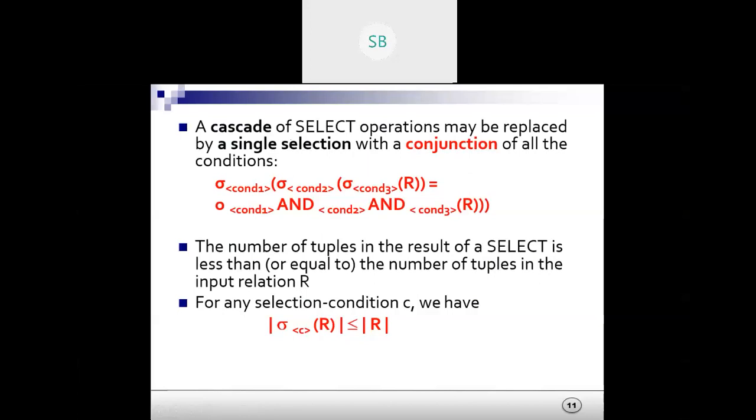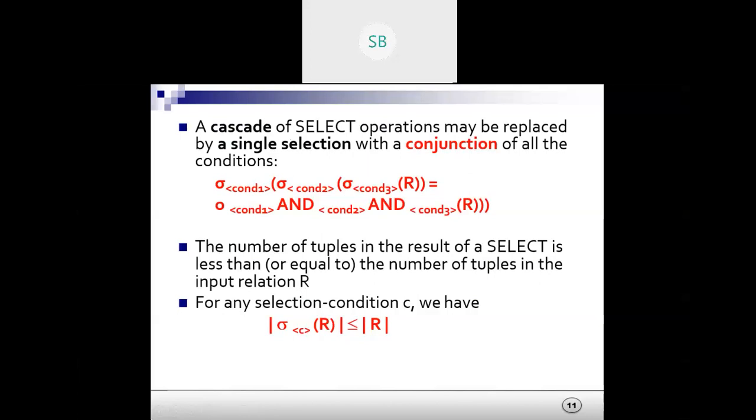So it will contain either fewer rows or an equal number of rows compared to the original relation. It will not contain a greater number of tuples, but either equal or fewer.